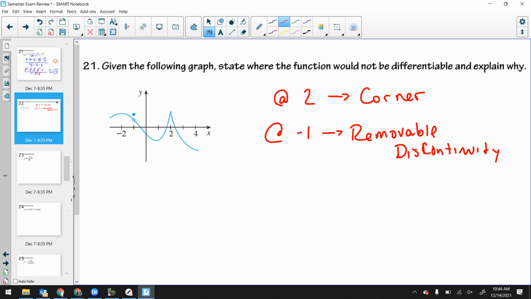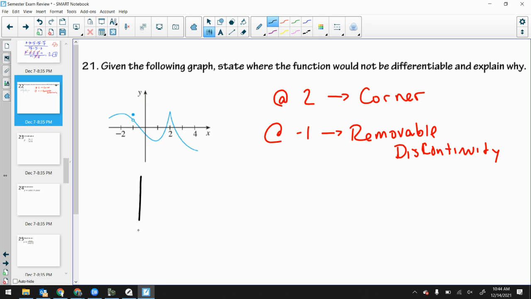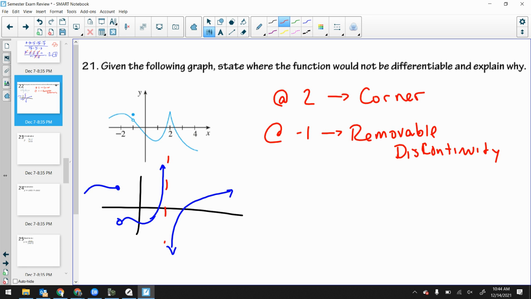So what would a jump look like then? Well, if this is my graph, a jump discontinuity would be like, okay, we're here, we go down here, open circle like that, right? That is a jump discontinuity. What is an infinite discontinuity? Well, if that went up and then maybe like there, right? Where you have a vertical asymptote. That's an infinite discontinuity.